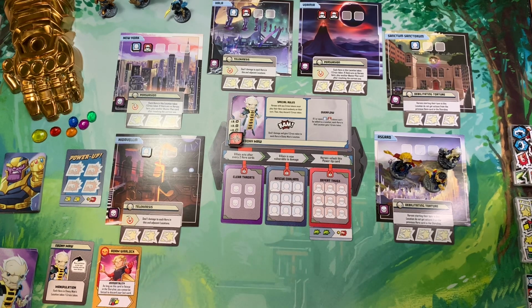Okay, Immortality. As long as this card is face up in the storyline, you cannot be forced to discard your last card. Okay, well that's actually kind of nice. Although he only has a single wild token. So